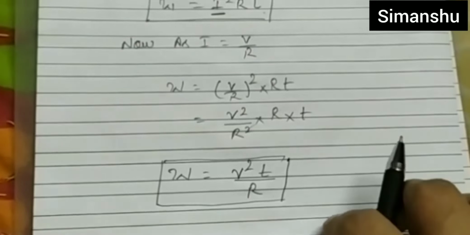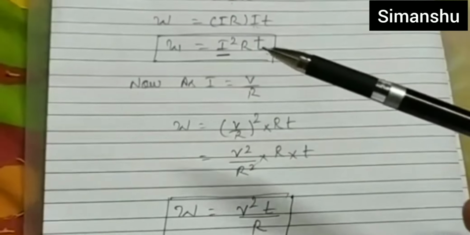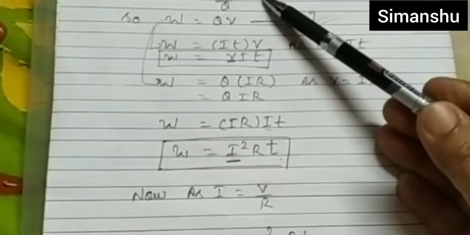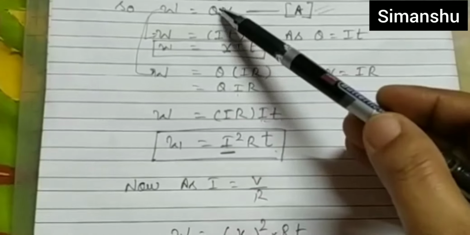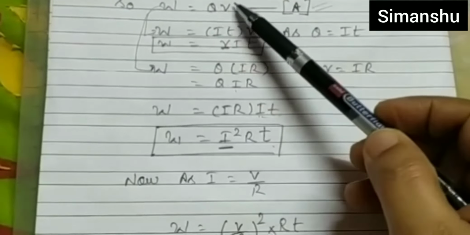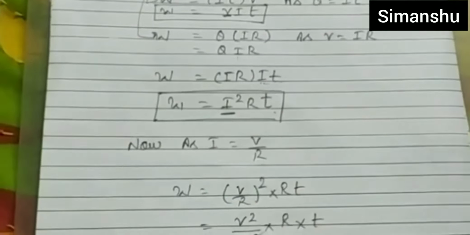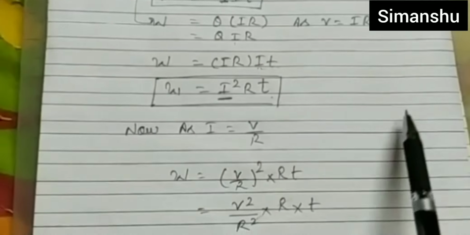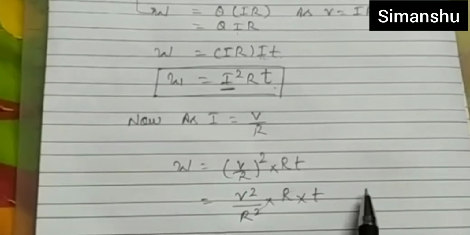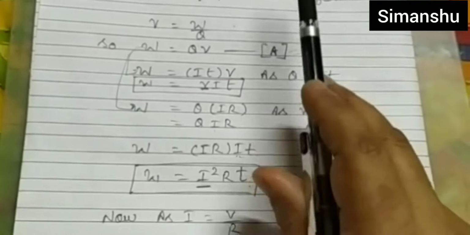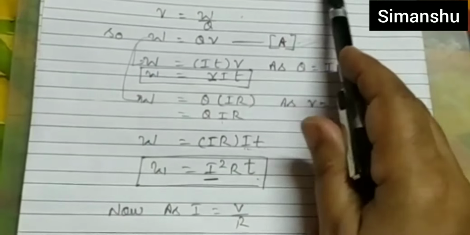Keep in mind that when we derived, we started with only the definition of potential difference, and then we put the value of one term and then the next term, and followed the pattern in this way only. We got different expressions, different formulas. Our next motive is to calculate the expression of power.